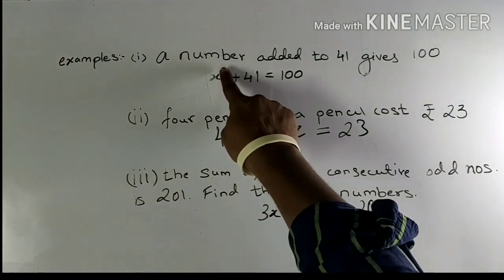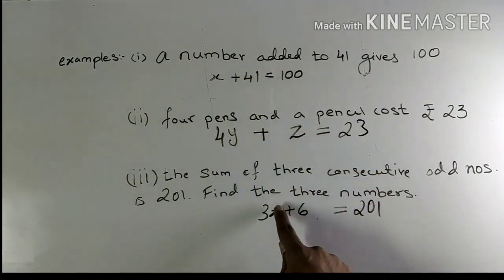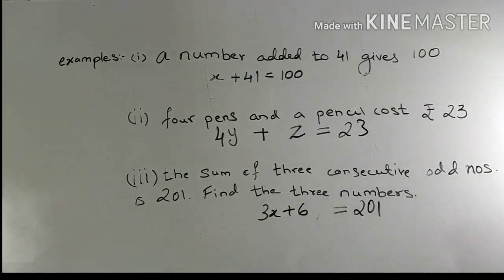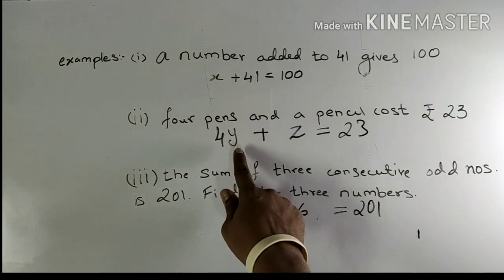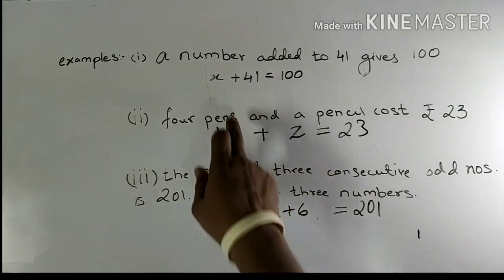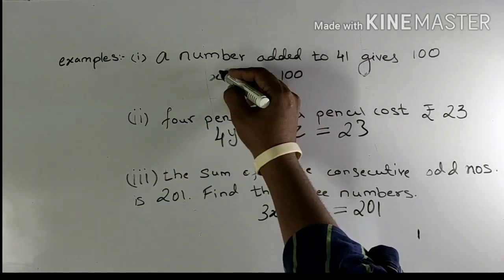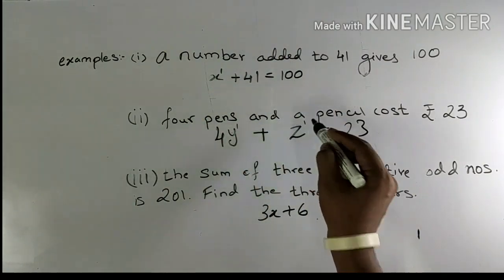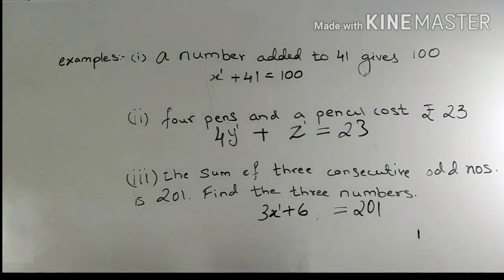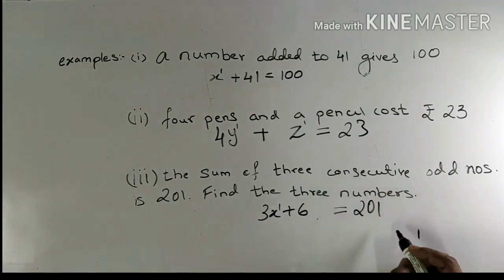The power of the variables in these equations is 1. So the degree of these equations, what is degree? We may have learnt in the previous classes or in the previous topics. The degree is the highest power of the variable, of any variable in the equation. So there is one variable over here, and the highest power is x raised to the power 1. Its power is 1. So the degree is 1.